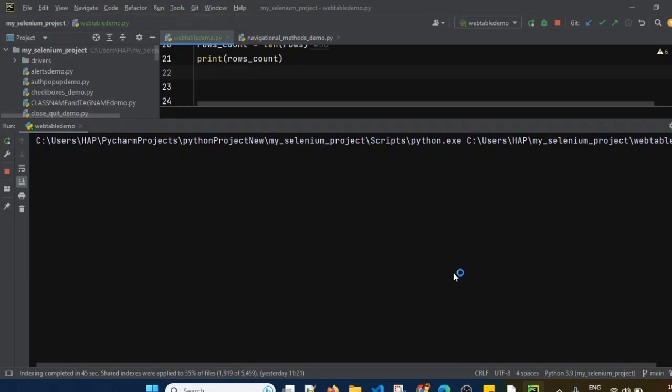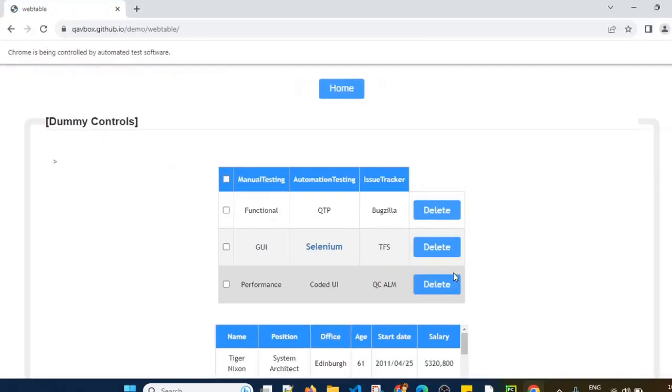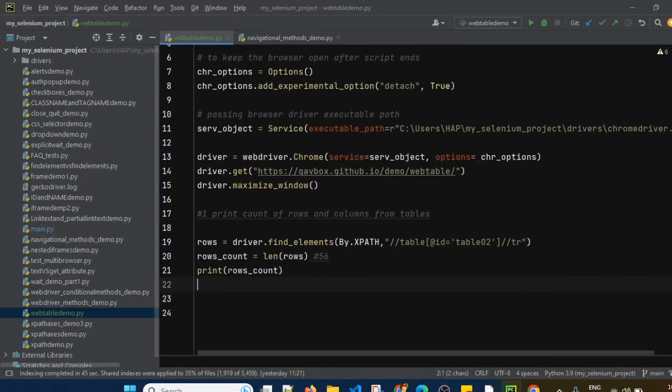So we are just executing this Python file. It is launching the web browser, and we can simply minimize it and see the console. See, it is returning 56 as a value. That means rows are total 56.